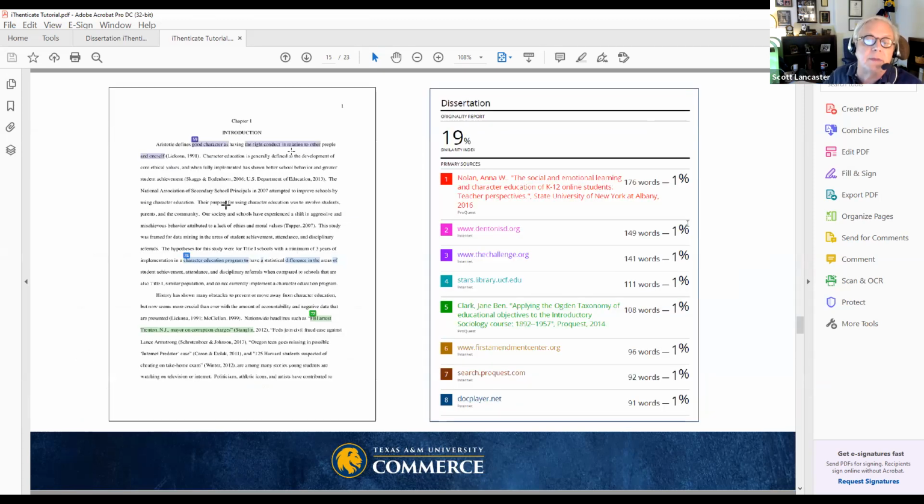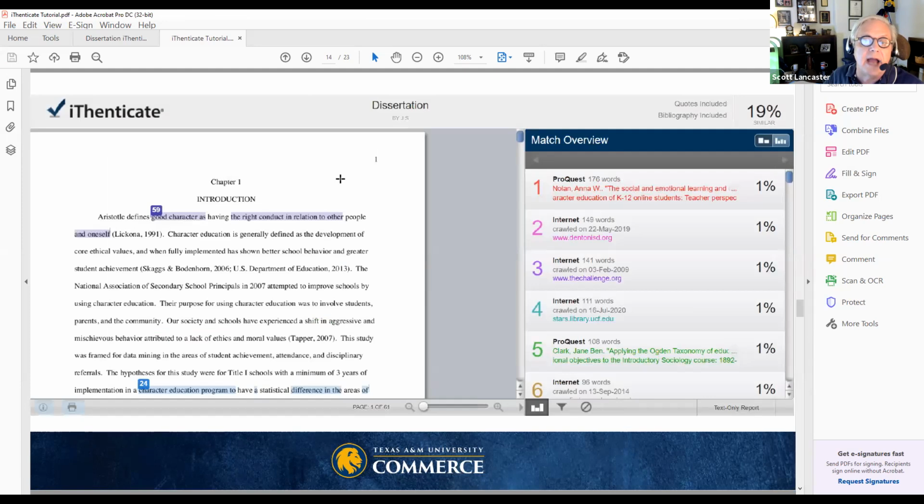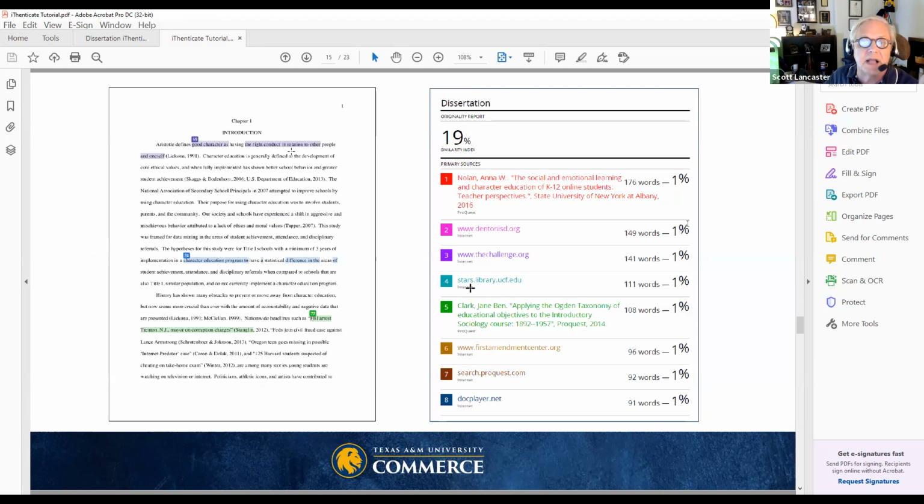This is what the report that I send the student is like. When I'm looking at it in my logged in interface, I see this, but then I have to create a PDF document to give to the student to then take to their advisor and show what their score is. And this is what it looks like.